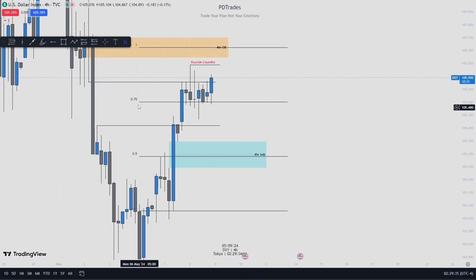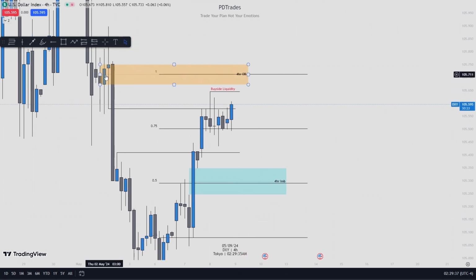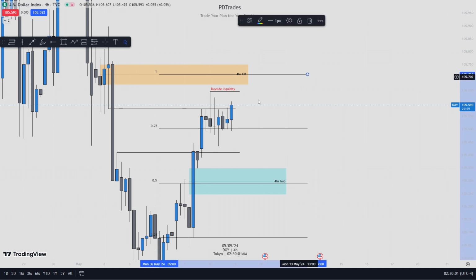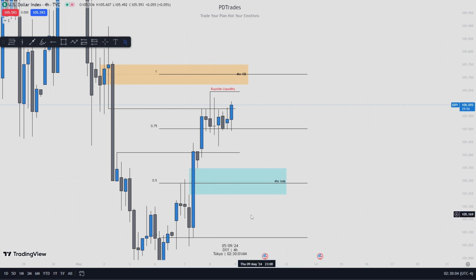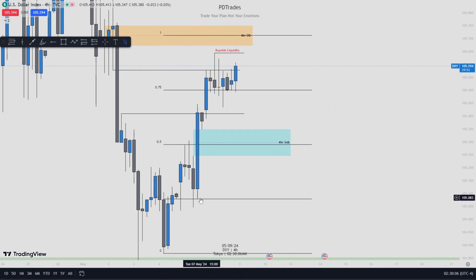And also, if you can check the midpoint of this 4-hourly order block. The midpoint of this range, right? It's the midpoint of this order block here. And look what price did. It's crazy, right? Look at this here. Sometimes I'll be shocked as well, bro. I'm like, what is going on here? Look at this, bro.